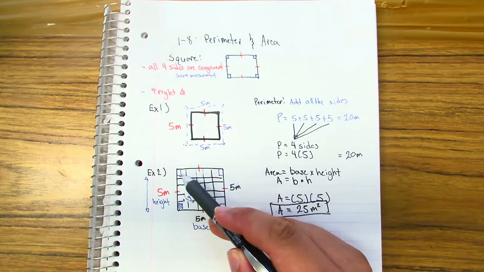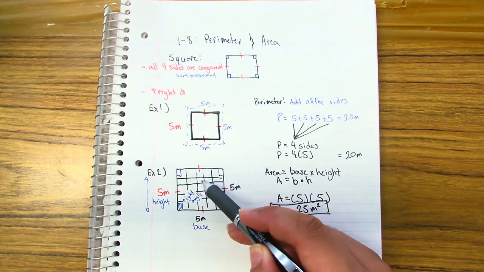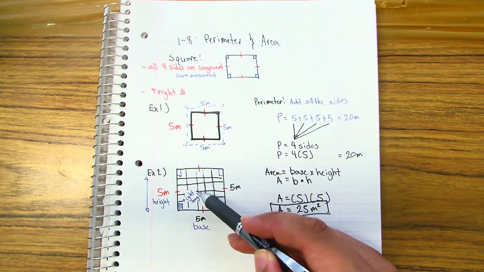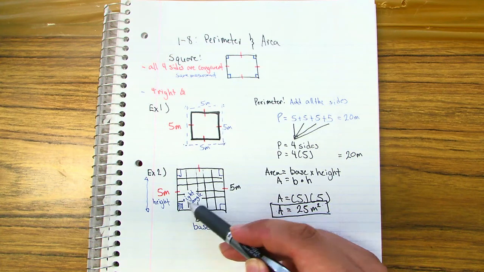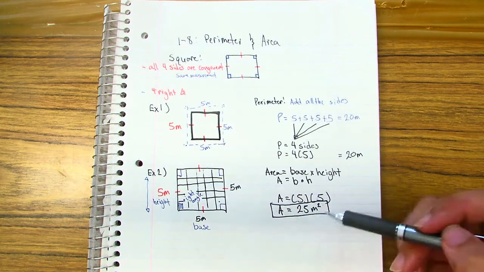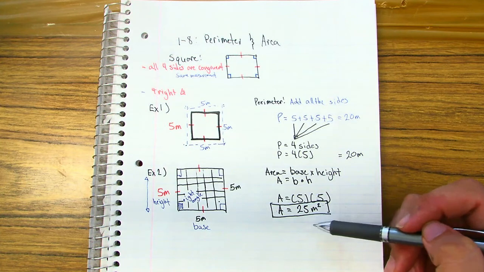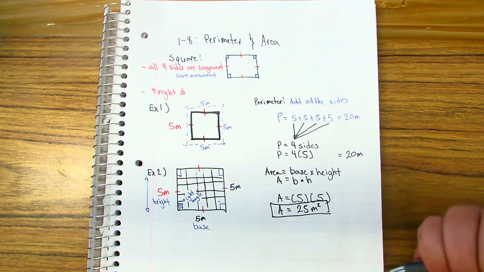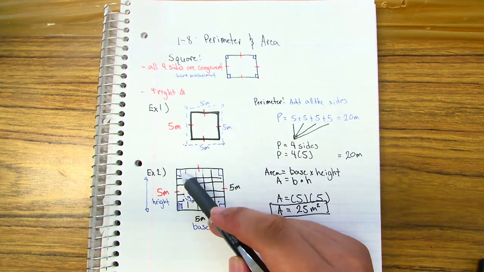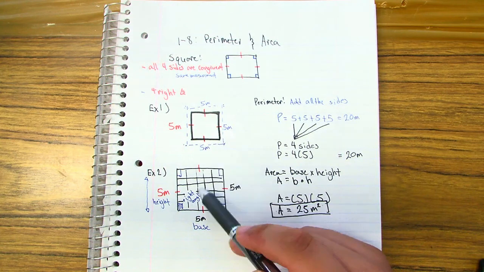So here you count 1, 2, 3, 4, 5, 6, 7, 8, 9, 10, 11, 12, 13, 14, 15, 16, 17, 18, 19, 20, 21, 22, 23, 24, 25. There's 25 squares within that area, right? So that's kind of the difference, right? The perimeter is talking about the outside distance. Here it's talking about how much space it's taking within the shape of a square. Okay, and that is